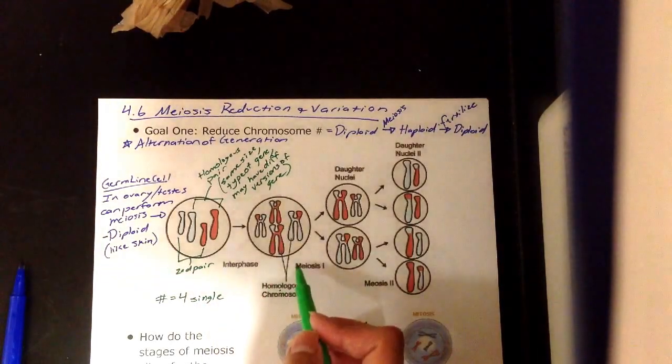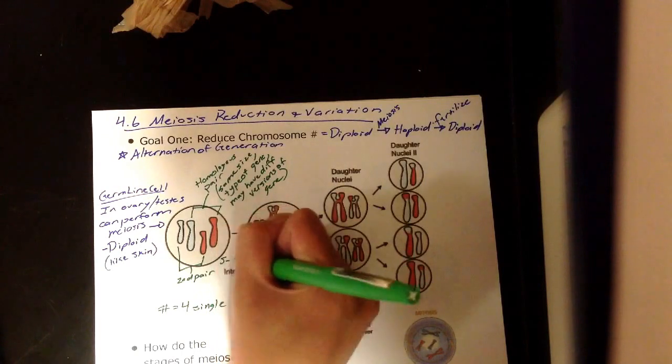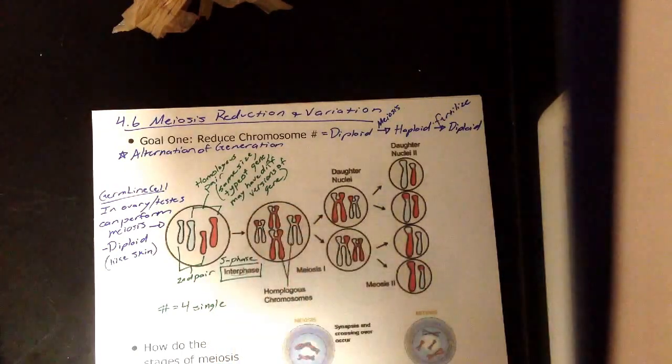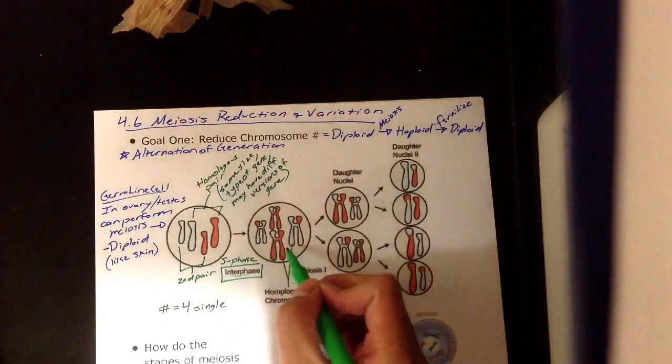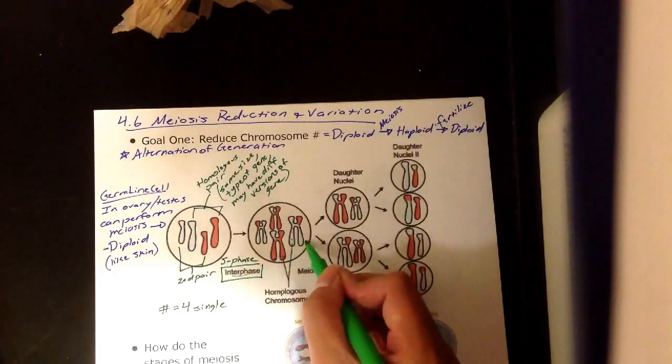So moving on, what do we see happening next? Well, next we have interphase. And in interphase, you should remember that your DNA is being copied during the S phase of interphase. So in the next image, you can see that our homologous chromosomes are replicated and they have sister chromatids on